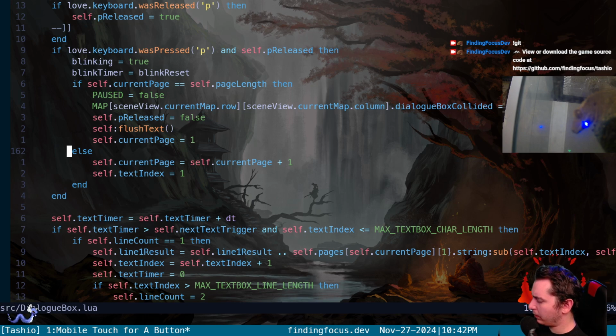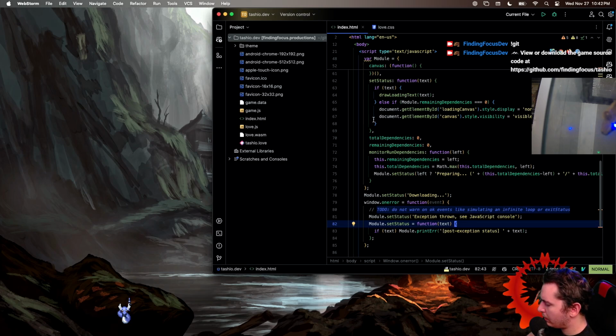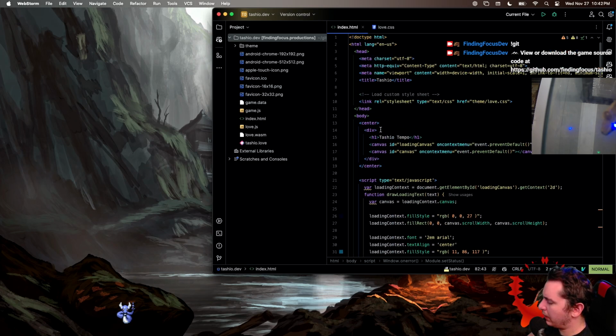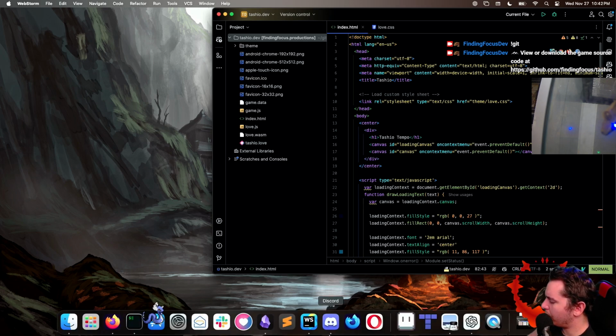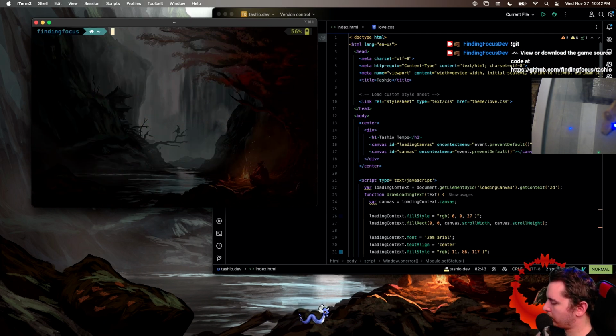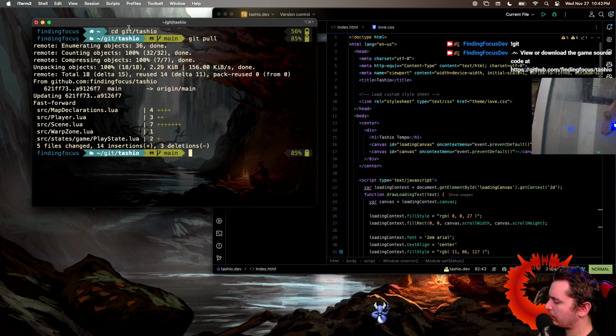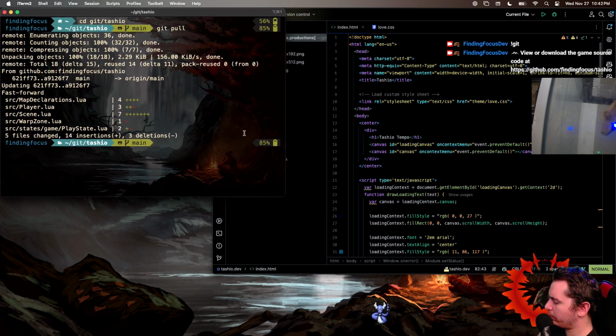But here we go. Here I'll share my screen on the Mac here. Okay, so we've got a little project deployed to the web, running the Love2d game. So let's come in here. We'll pull our changes. We'll make sure we're on the right